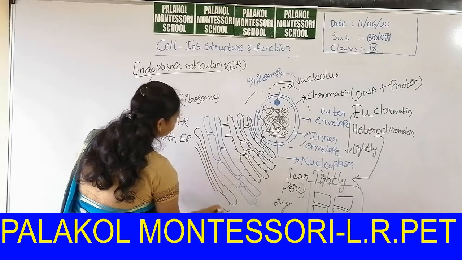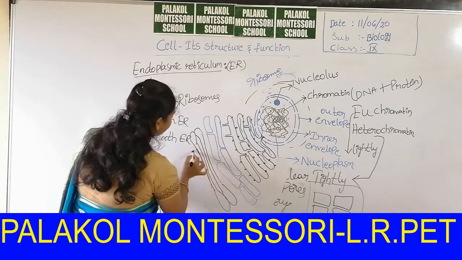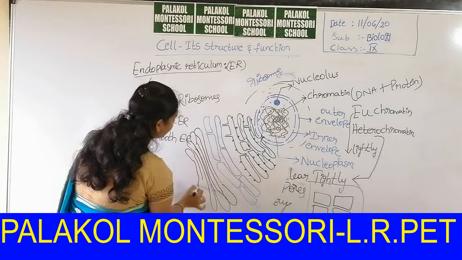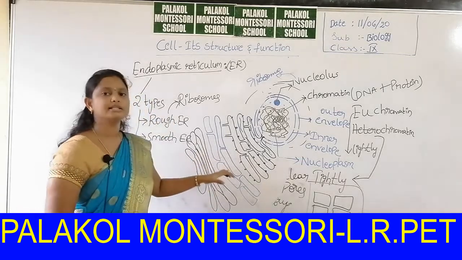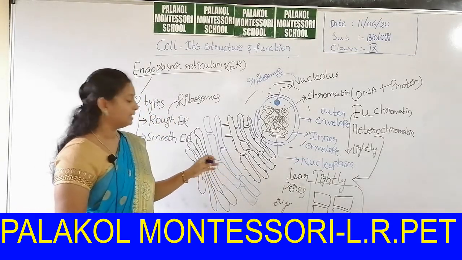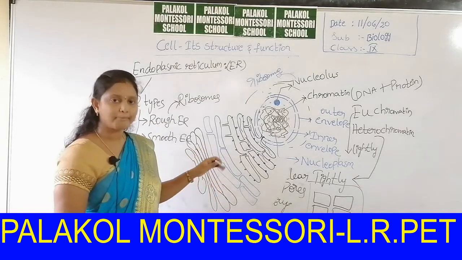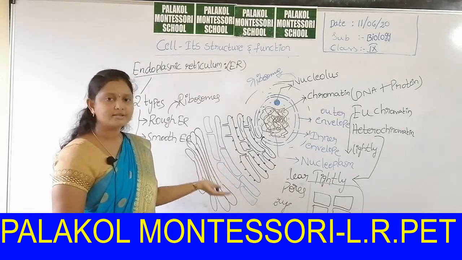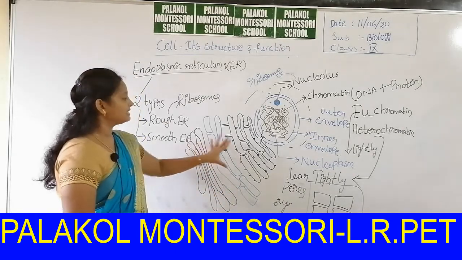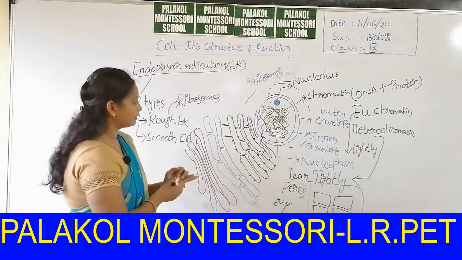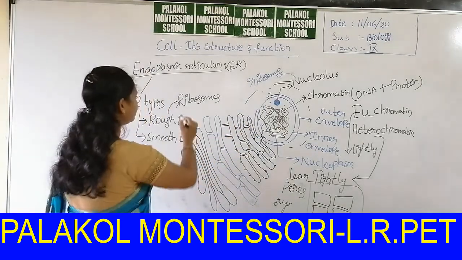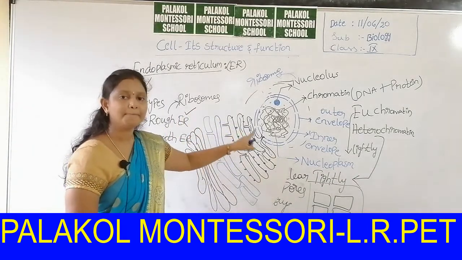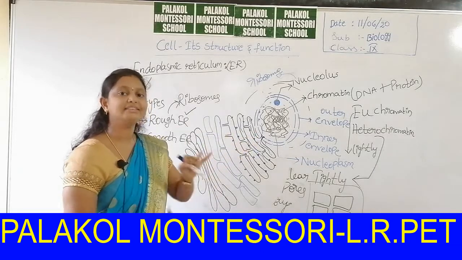It follows after the endoplasmic reticulum. This is the Golgi complex or Golgi body. Why is it called Golgi complex or Golgi body? Because of its discoverer's name, Camillo Golgi. He is a scientist who discovered the Golgi complex, and that's why it was named so. This is about the endoplasmic reticulum. The function of the rough endoplasmic reticulum is to synthesize proteins with the help of ribosomes and RNA.